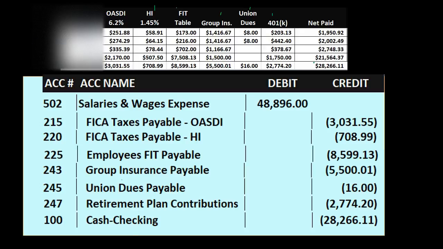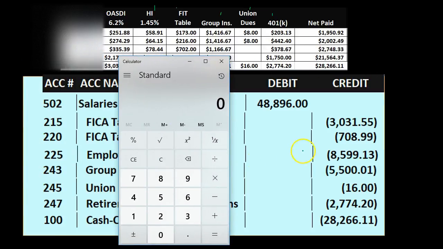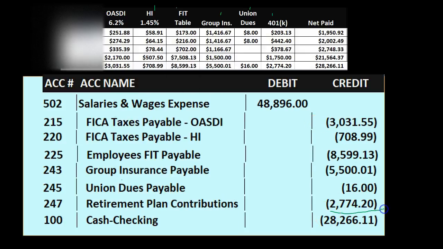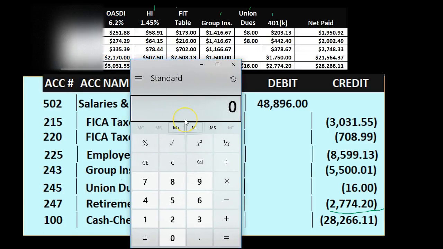And you can also think of it as kind of like the plug formula that you need to make this work, meaning the debits minus the credits. If we add up the credits up until here, and then subtract it out, we're going to say the credits before that are 3031.55 plus 708.99 plus 8599.13 plus 5500.01 plus 16 plus 2774.2 gives us the 20,000 before this 28 of the credits,